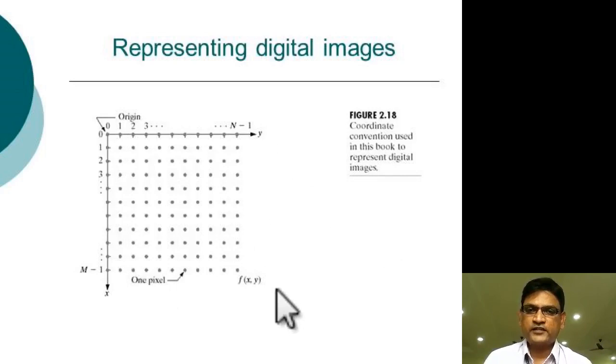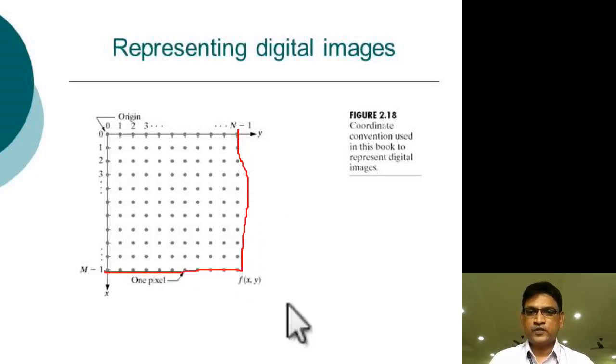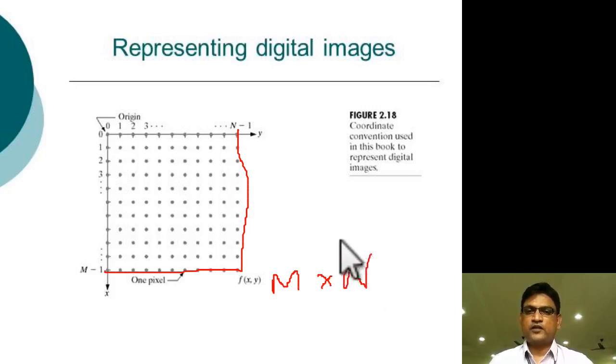Since we have taken this as an m by n image and we are starting the origin from 0, from 0 to n minus 1 and 0 to m minus 1 we have this image, and this digital image is of size m by n. So this is a coordinate representation of the digital image which we obtain after image sampling and